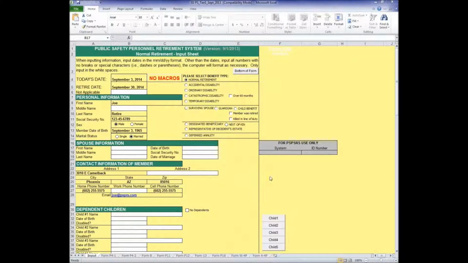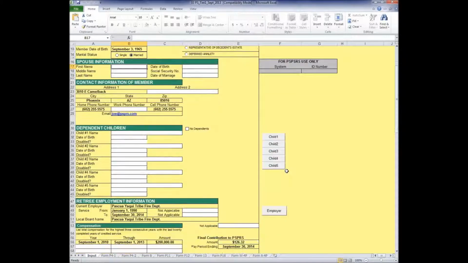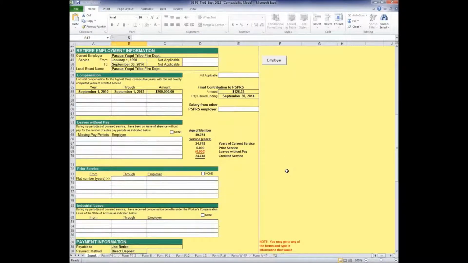Now let's go down a little bit because we want to go back to one of the sections here where it comes to the salary, the compensation area. This is where a lot of local board secretaries get very confused how to fill this out. How do you find the high 3 years in that particular situation? Well, the first place to start is your payroll records, and you'd look at it and say, well, we think it's about 150,000, 200,000 for a high 3 years. Okay? Now, if you sign into the local board portal, then you'll be able to calculate that against what we have in our database. So let's go to that for just a minute, and we'll come back to this,